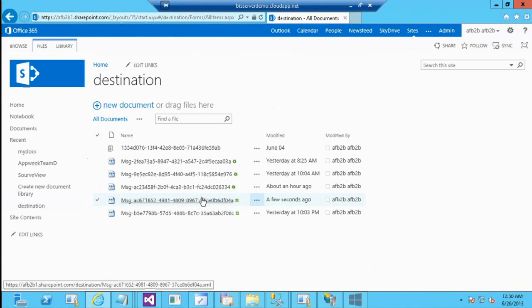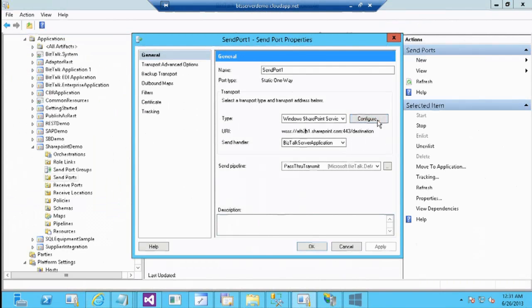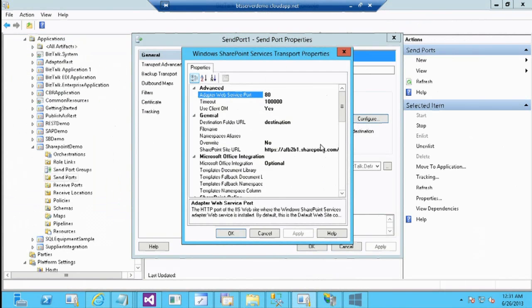Yeah. So now let's go back to that BizTalk configuration and look at that send port. Here I'm just defining the URL for my SharePoint Online and defining the destination folder that I want, and it identifies my destination folder on my team sites and uploads the document. So this is part of that simplified experience theme that I was talking about while introducing BizTalk.